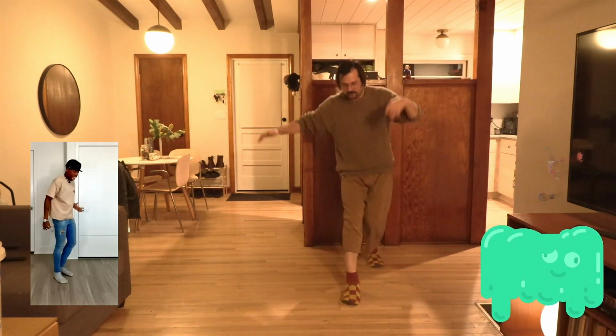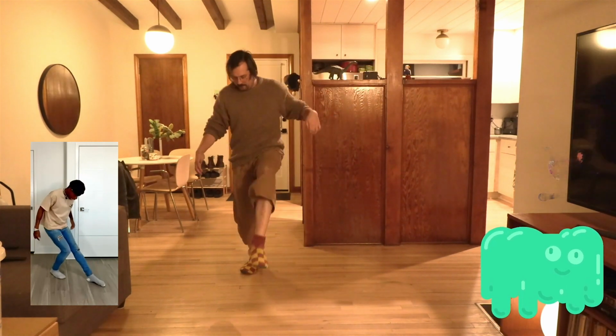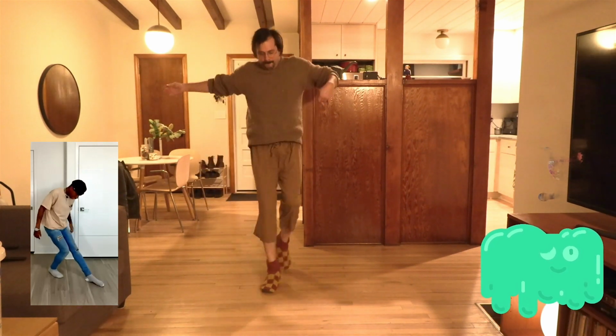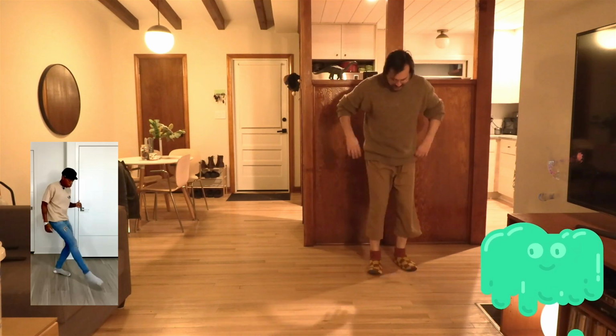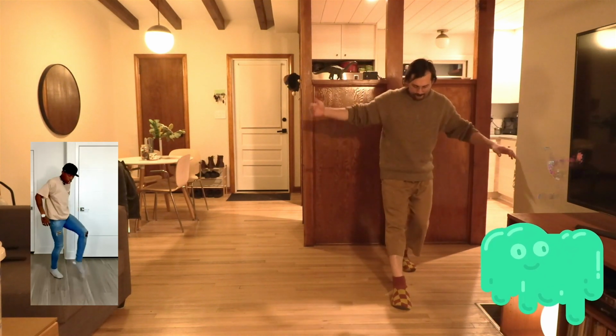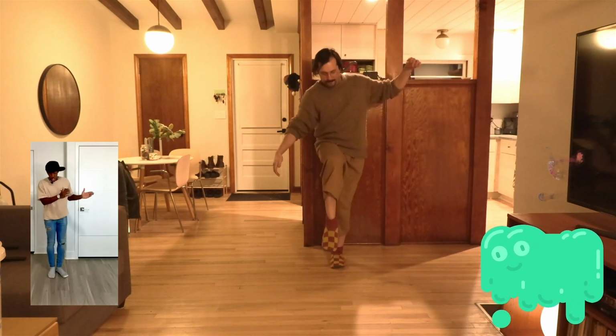You want to get this down. Foot down, come back. Foot down, come back. Foot down, come back. Foot down, come back. Once you get that, then you can add a jump. 1, 2, 3, 4. Once you get that, then you could try moving to the left, starting with that left